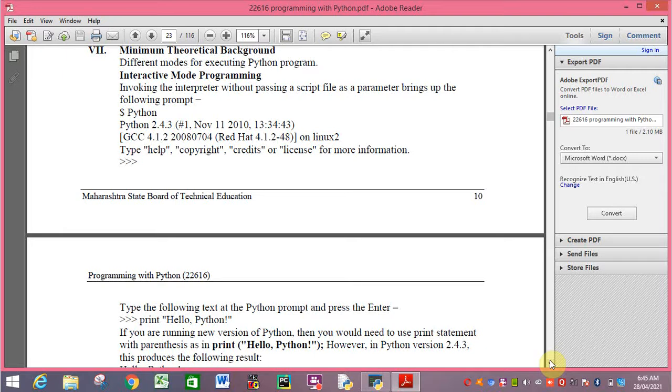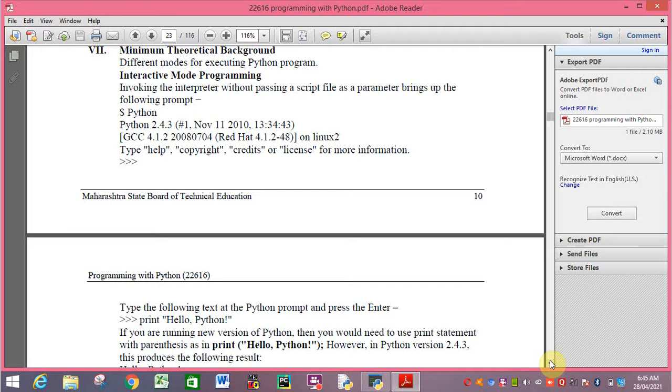Interactive mode means if we pass any script or any parameters, then it will give results immediately. There is no need to save the program at any location. It gives an immediate reaction, so it is called interactive mode.